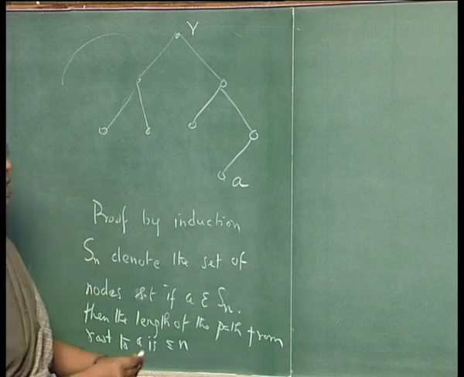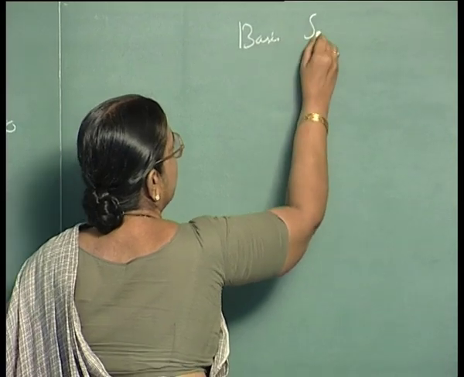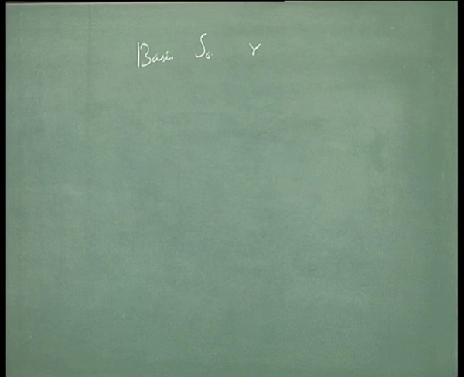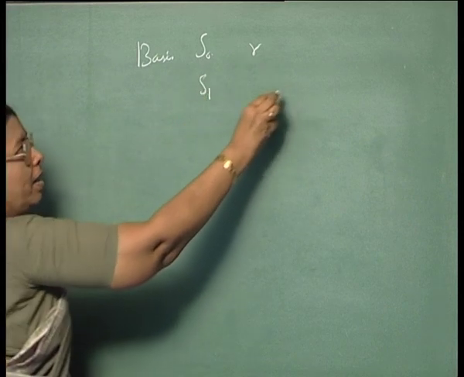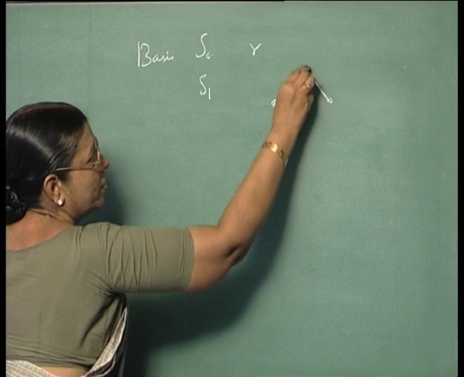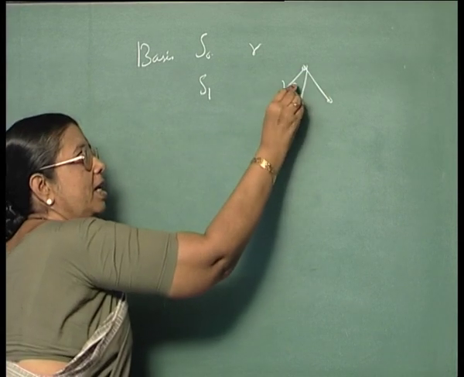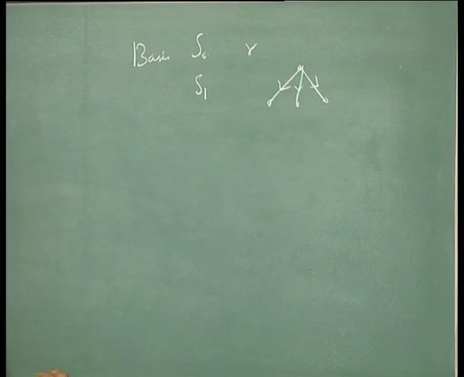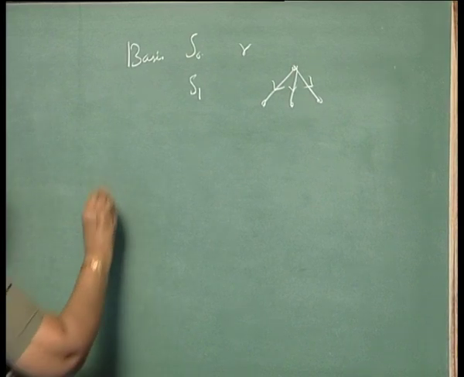Now, the basis class you can prove like this. S0 means it is only the root. For the root there is only one path of length 0 from itself to itself. So, that is unique. If you take S1, it denotes nodes which are sons of the root, and you can very easily see that there will be only one directed path. The path is unique to them. So, that is okay. Now, the induction portion,